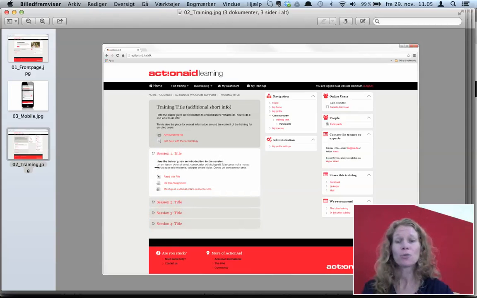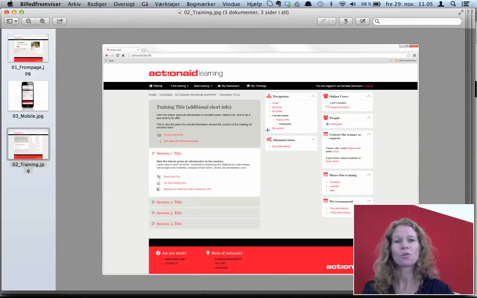In each session you can put some content, some text or some images or some videos if you like, but you can also do different kinds of activities. Here there's read a file, there's do an assignment, there's a meetup and so forth. So there's a great deal of flexibility in this system, even though we start small and later add on and go bigger. Over here there are sidebars.